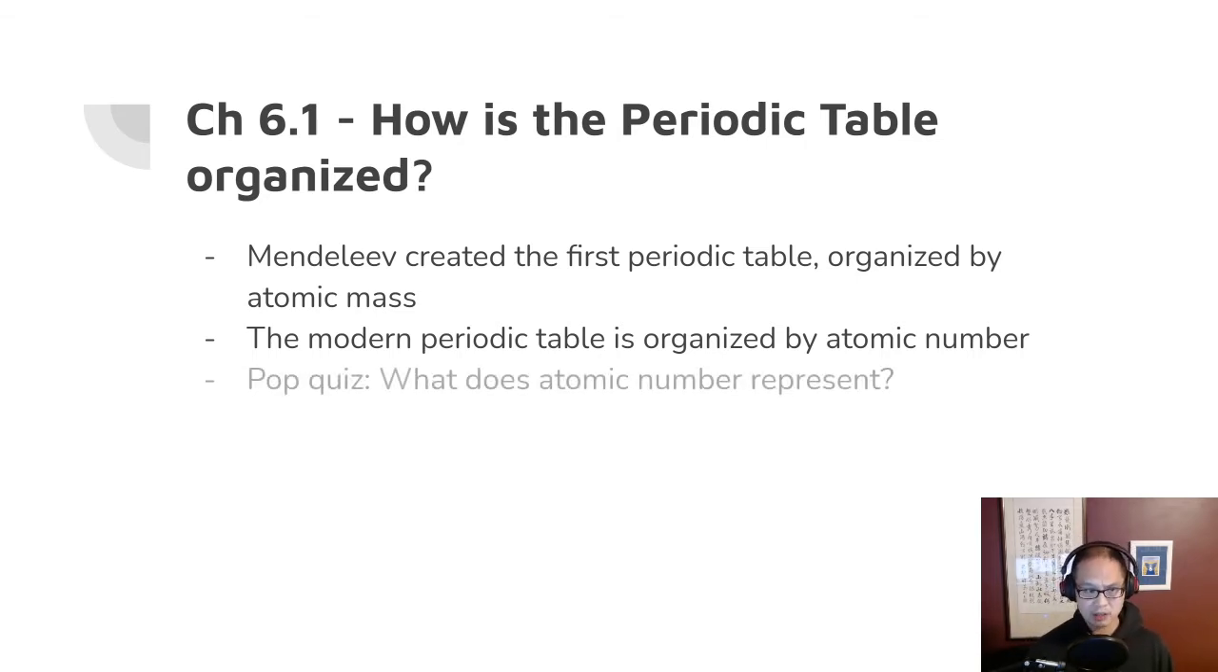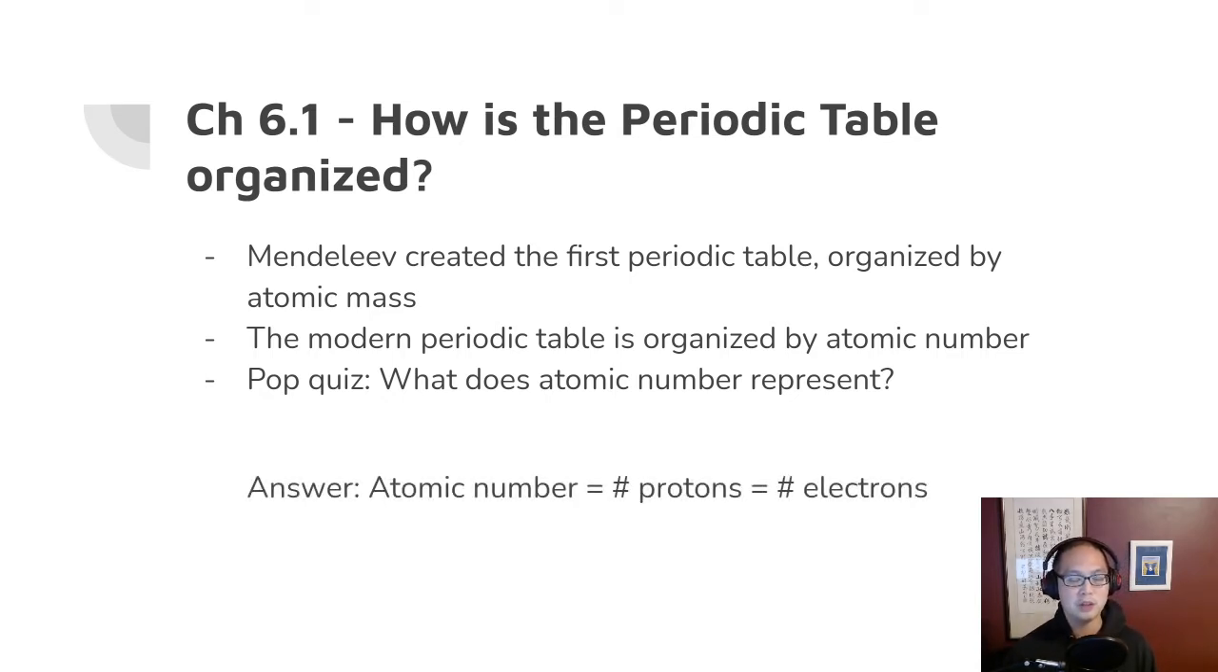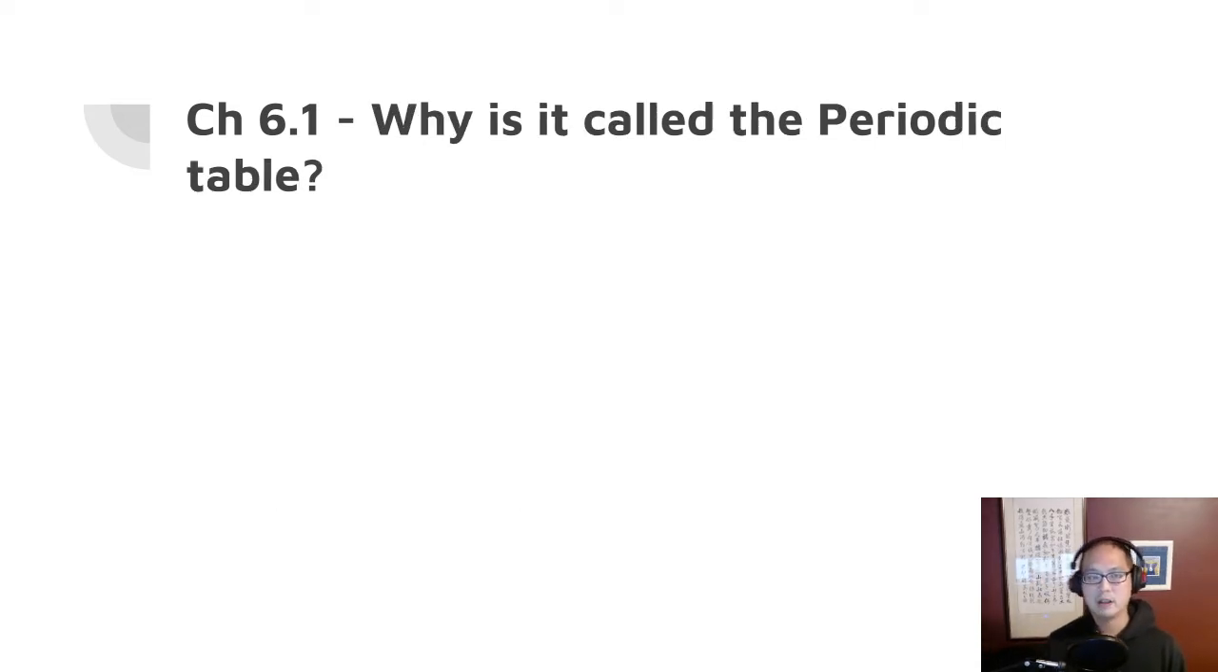So quick pop quiz. Ask yourself, what does the atomic number represent? Can you remember this? It is from chapter 4. What is that atomic number equal to? Hopefully, you said that it's equal to the number of protons, which is also the same as the number of electrons if the atom is in its base state. All right, so nowadays the periodic table is organized by atomic number, and let's take a look at what that